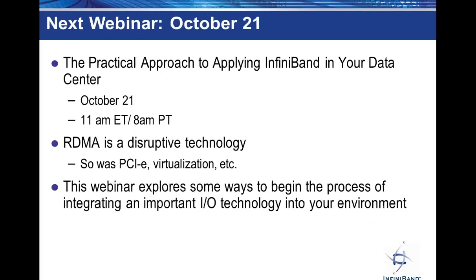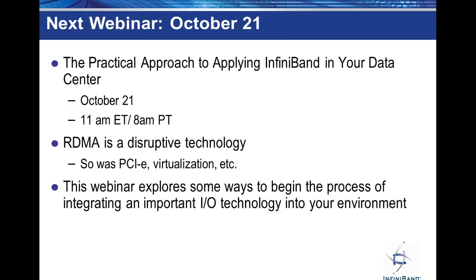But then again, it's true that we've all successfully integrated disruptive technologies before. For example, the emergence of PCI Express, virtualization has been widely adopted, and a host of other disruptive technologies have come along. So the point is that this doesn't really have to be a revolutionary change. There may be evolutionary paths available that will let us adopt new ways of looking at I/O for our long-term